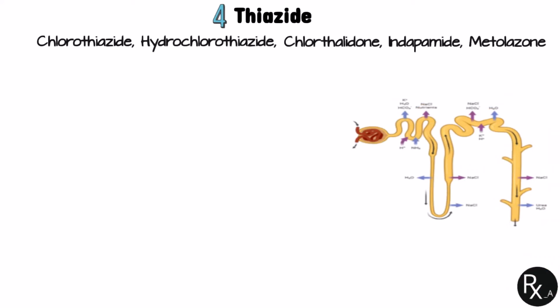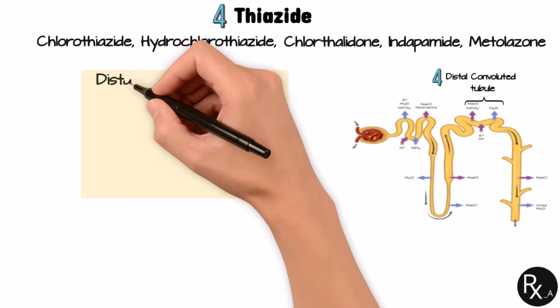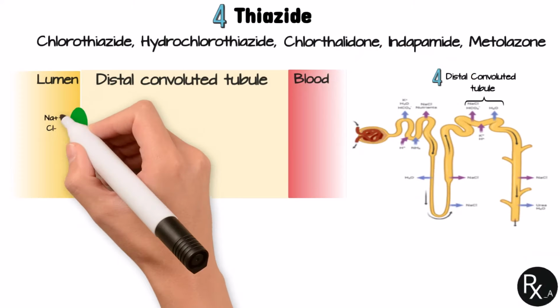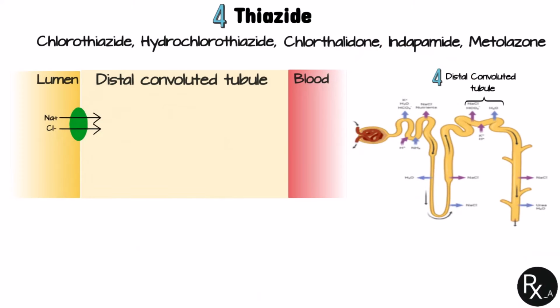They primarily act in the early distal tubule, where they increase the excretion of sodium chloride by inhibiting the sodium chloride cotransporter. However, because over 90% of sodium is reabsorbed before it reaches the distal tubule, thiazides generally produce relatively weak diuresis. On the other hand, thiazides can cause vasodilation, which lowers peripheral vascular resistance through a mechanism that is, unfortunately, still unclear. Let us now focus on the epithelial cell of the early distal tubules to examine what exactly occurs there. Here, sodium and chloride enter the cell through the sodium chloride cotransporter.